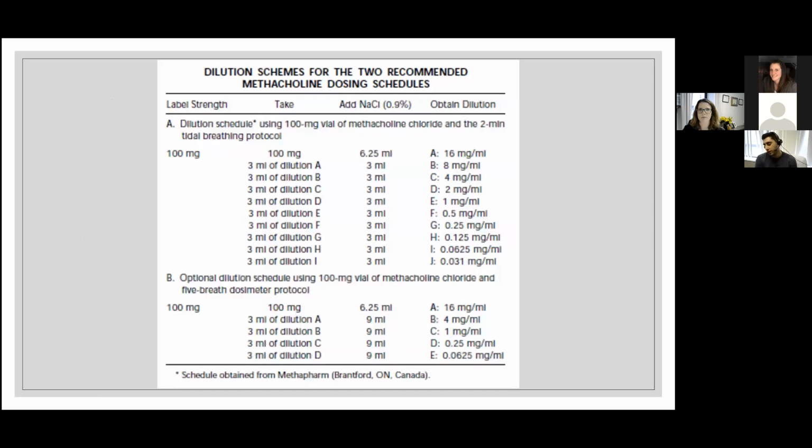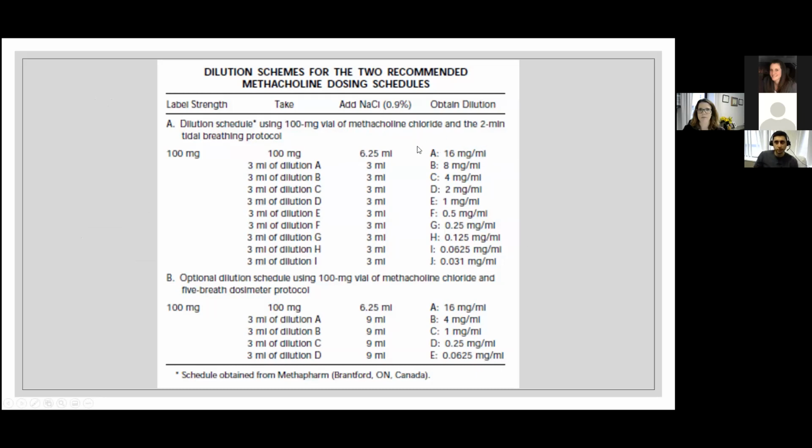This is from the European Respiratory Society. It's a sample dilution schedule for both the nebulizer protocol and the 5-dose dosimeter protocol. As you can see, the methacholine will come initially as a 100 milligram vial. They add certain amounts of normal saline, in this case 6.25 milliliters, to create the first highest concentration, which is